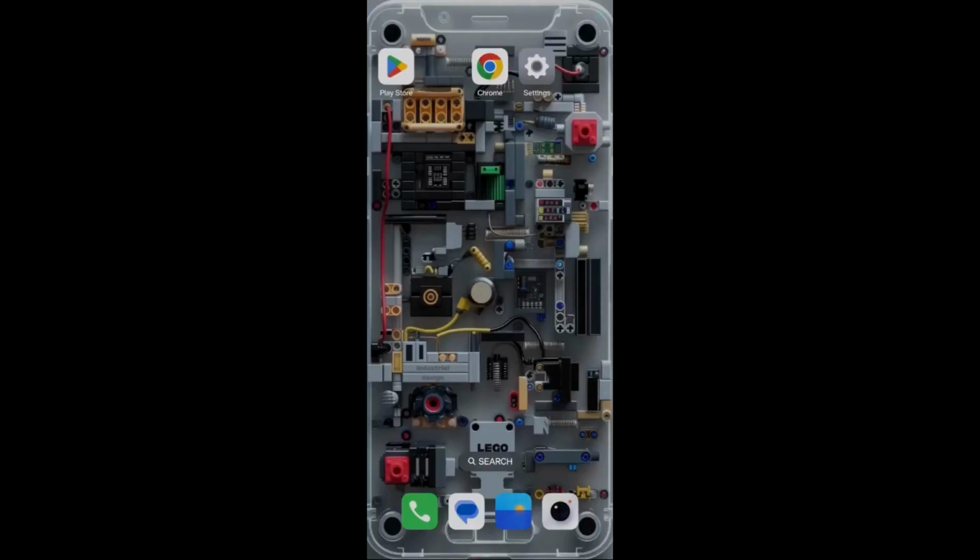How to enable vibrations whenever your phone rings. So hey guys, welcome to this tutorial. In this tutorial I'll be guiding you through the steps on how you can enable vibration whenever you get a